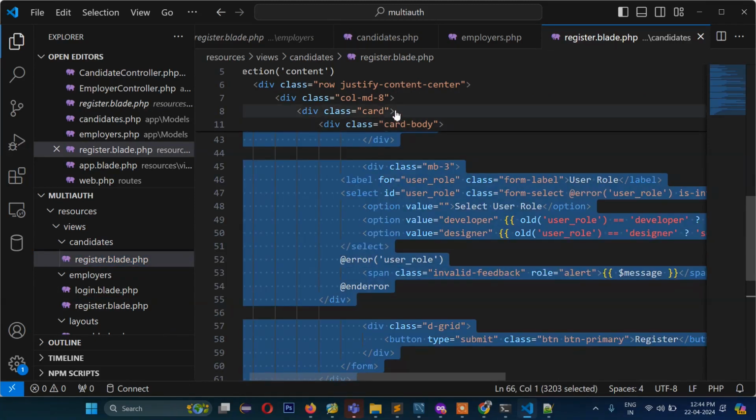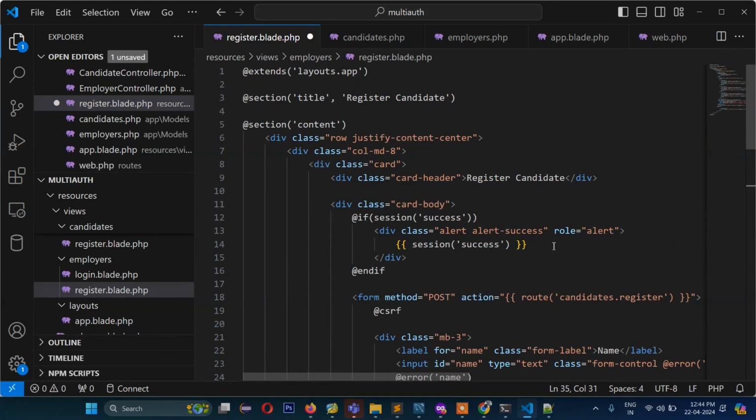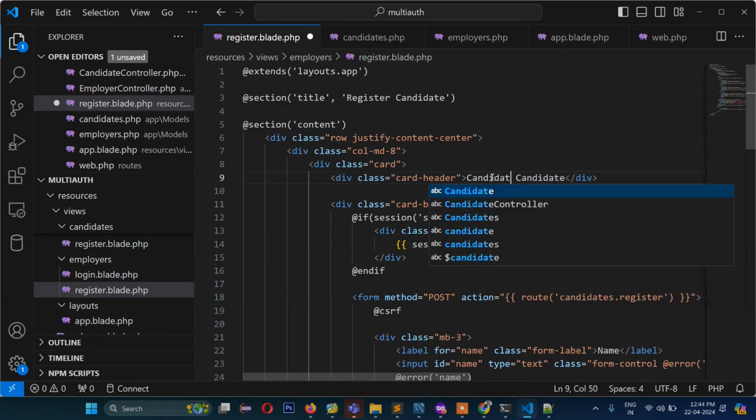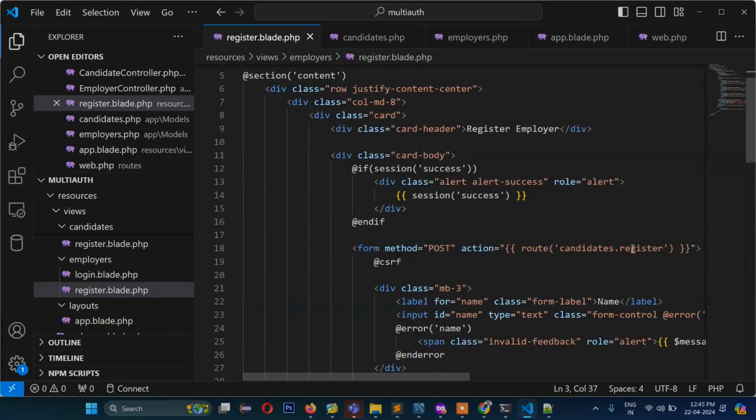So register, let's close it, and then register blade. So everything is same, just we need to change here we will write dates. In same way we will write here register candidate. Okay, actually that should have been not candidate, it is employer, right? Employer, here also employer, and here employers, which is our controller name,